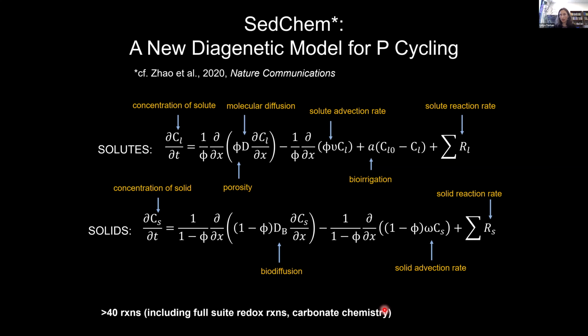And SEDChem, like all diagenetic models, is built upon Bob Berner's simple diagenetic equations, which you can see here, in which changes in the concentration of both dissolved species and solid phase chemical species over time and with depth in the sediment pile are a function of not only a range of different chemical reactions, but also transport processes such as diffusion or the advection associated with sedimentation, or for that matter, bioturbation. And SEDChem includes over 40 such reactions, including a full suite of microbially mediated redox reactions, as well as carbonate chemistry, including CFA formation, and multiple styles of bioturbation, both bioirrigation and biodiffusion.